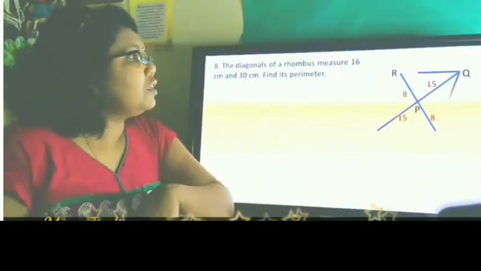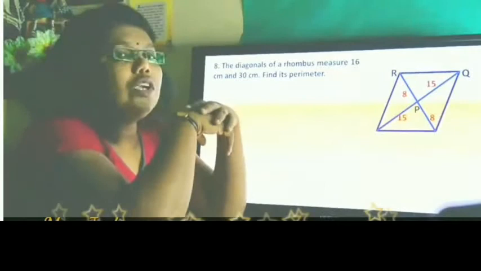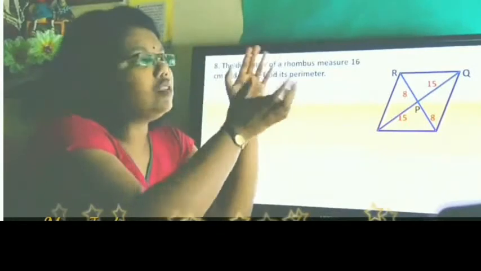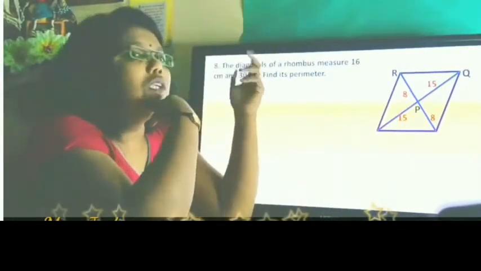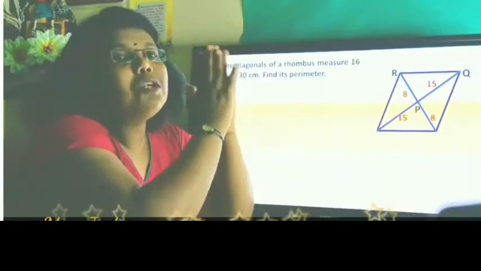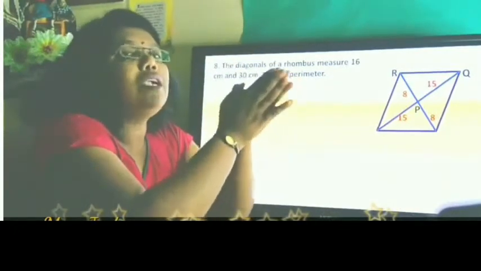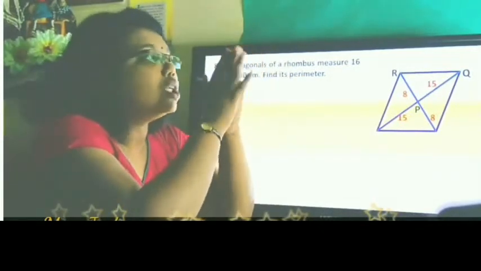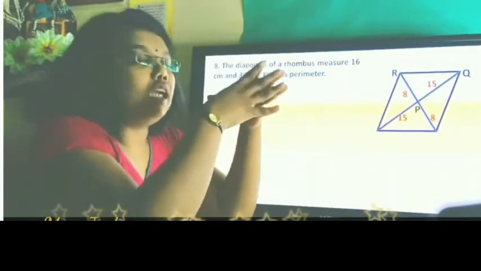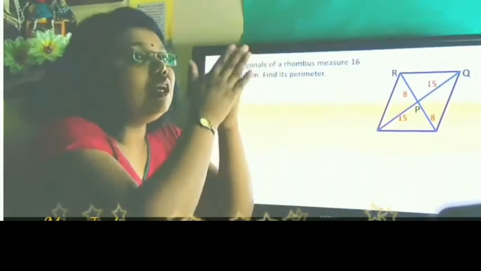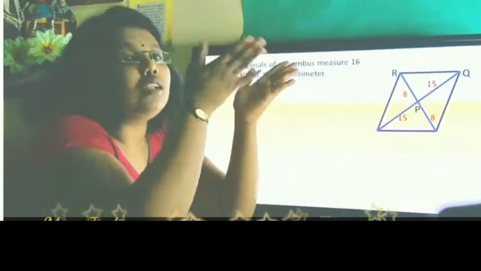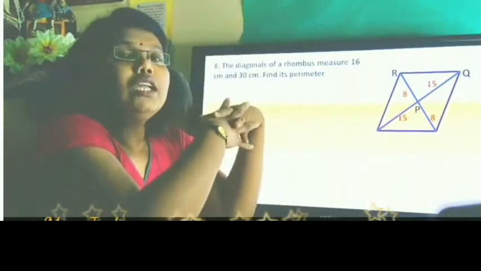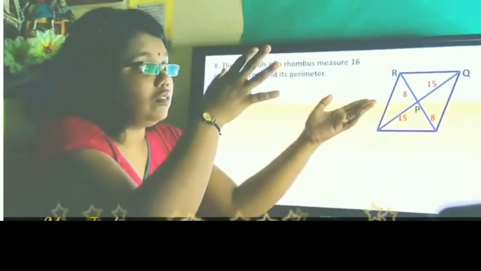Next, rhombus. So this is a rhombus. Rhombus, we already know that all the sides are equal. It's nothing but a distorted square. Distorted means a square which has been pressed down. You could say that. Now, one of the properties of rhombus is that its diagonals are perpendicular bisectors of one another. Now, perpendicular and bisector, these are two different words. Perpendicular tells us that the angle is 90 degree each, and bisector means making equal parts. Bisector means both the parts of the division will be equal.